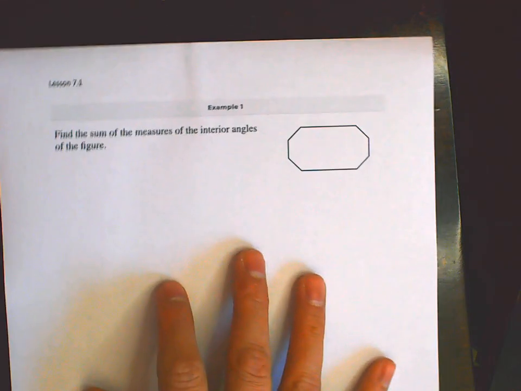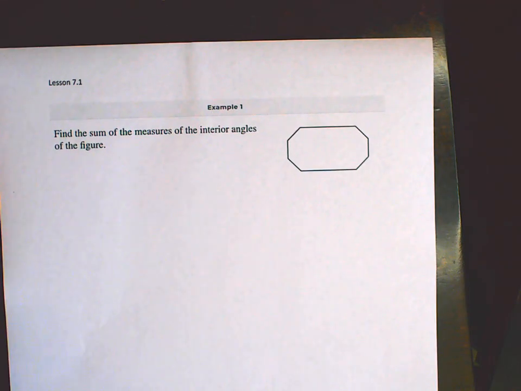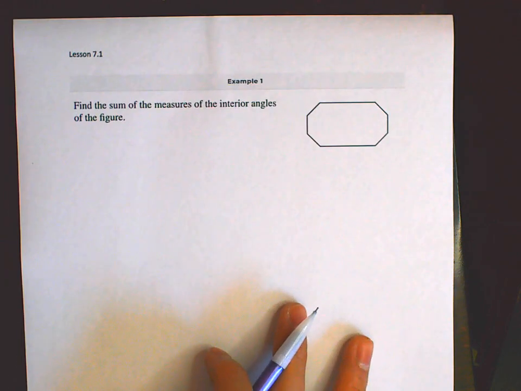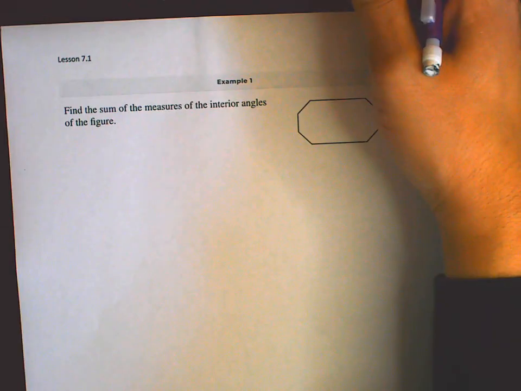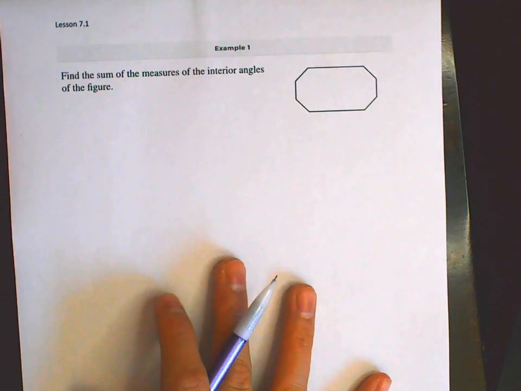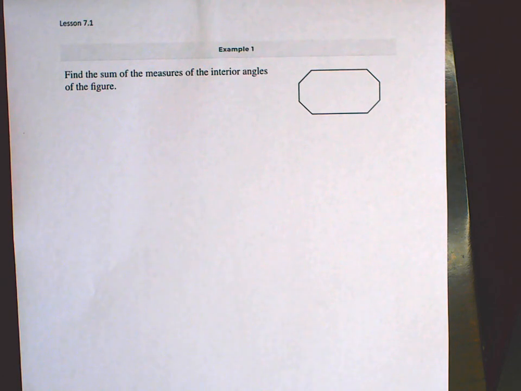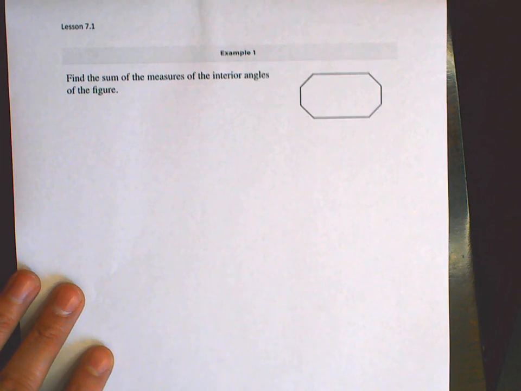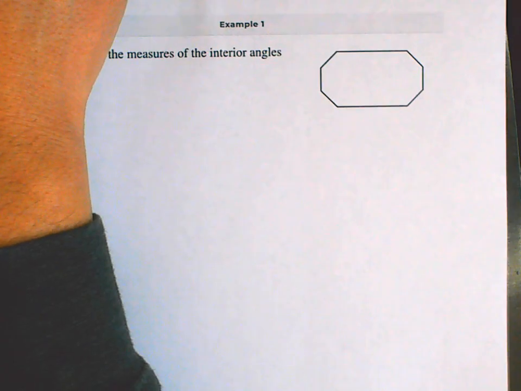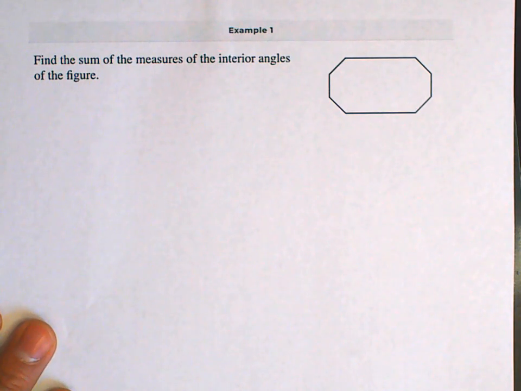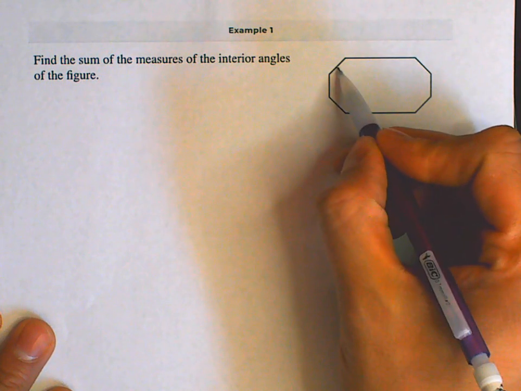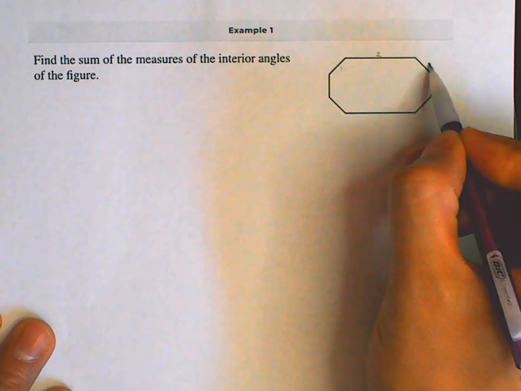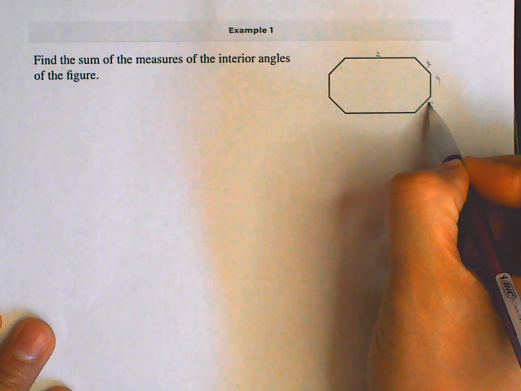All right, here's example number 1. Okay, let me center this a little bit. It says find the sum of the measures of the interior angles of the figure. So the first thing we need to look for is how many sides do we have? Let me zoom in a little bit more. All right, much better. Looking at this diagram right here, I have 1, 2, 3, 4, 5,